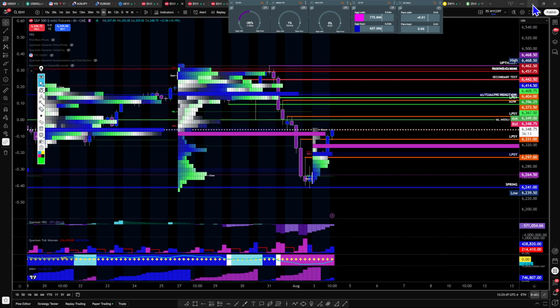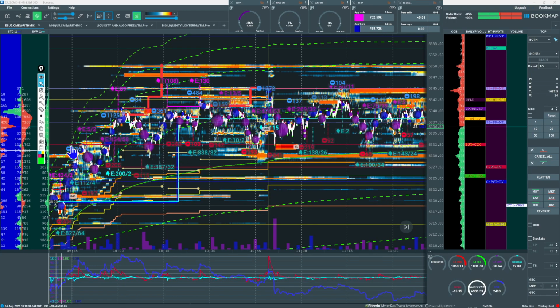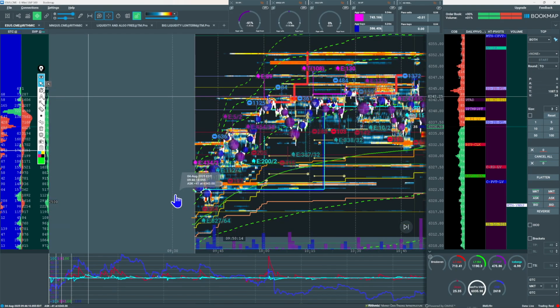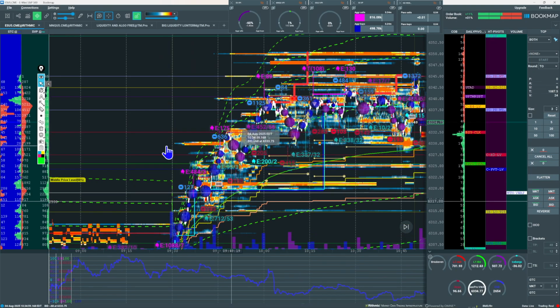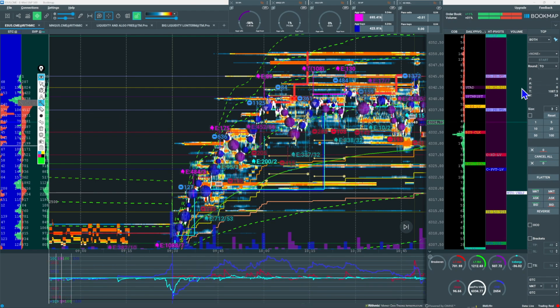And now we're going to go to the Bookmap chart, right? In the ETH open, first I'm going to point out here in the Black Sun strategy, we're looking for retracements at Camarilla R4 or Camarilla R3. So Camarilla R4 is the pivot we're looking at, right? So that's the pivot